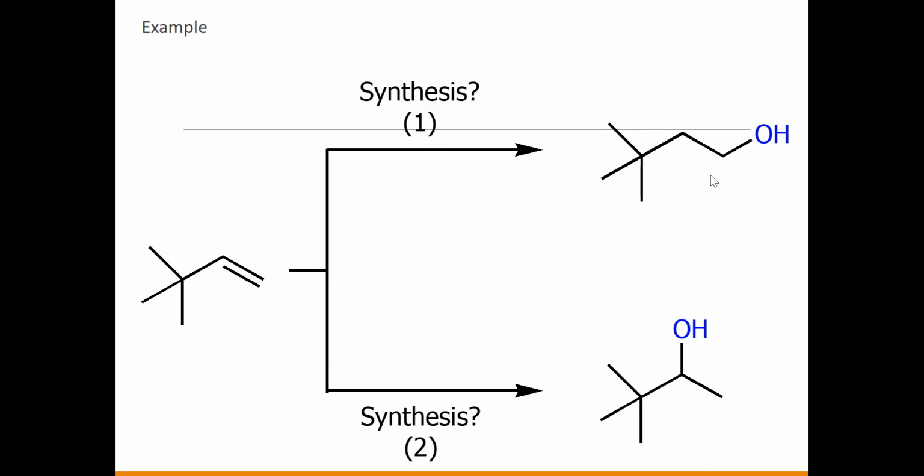Pentanol? You have 1, 2, 3, 4. The longest continuous chain is butane, the longest continuous carbon chain containing your OH. Now you have this one. So you expect this to be 1, 2, 3, 4, but you end with an OH. So how do you name it? Your parent chain would be